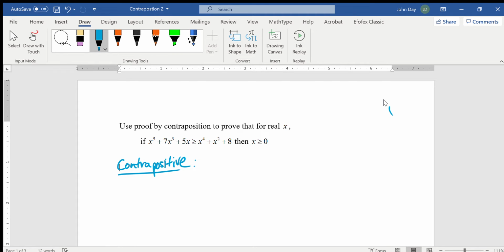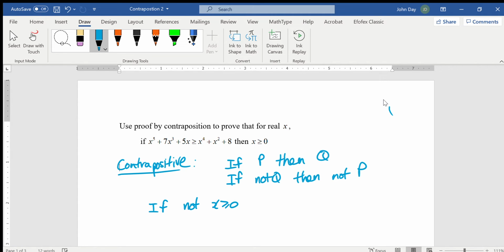Now, if you have if P then Q, the contrapositive is if not Q then not P. So in this case, we're going to have to write down if not x is bigger than or equal to 0, then not x^5 + 7x^3 + 5x is bigger than or equal to x^4 + x^2 + 8. In other words,